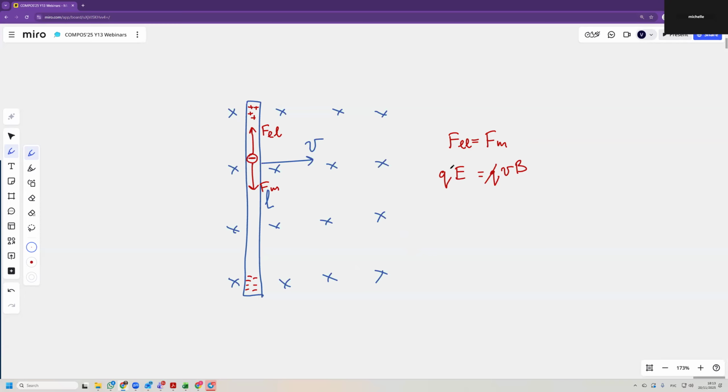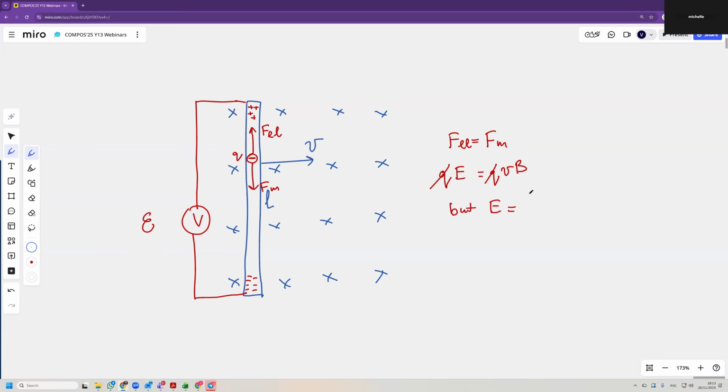If you divide both sides by Q, the charge of the electron, we have the electric field. If you put a voltmeter here that measures the EMF, then the electric field